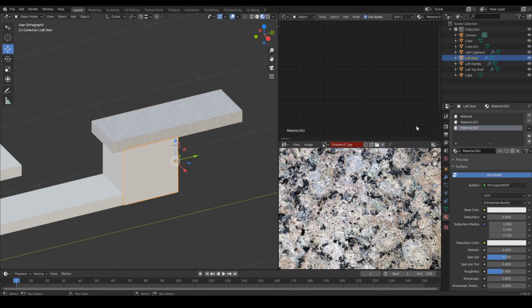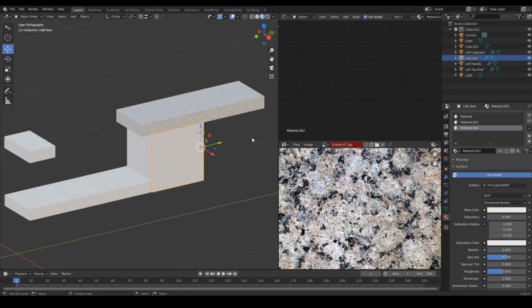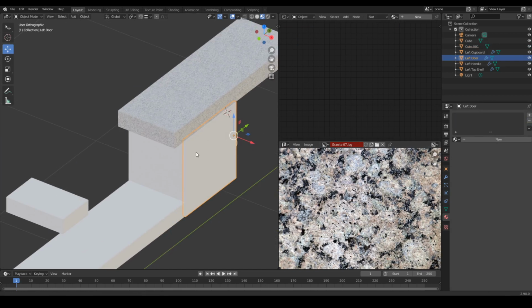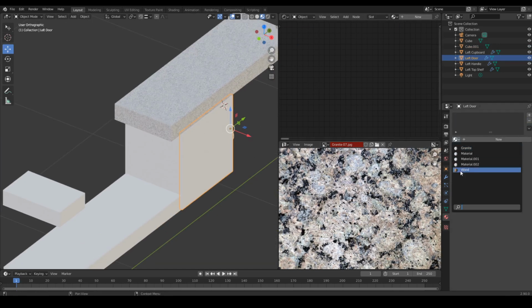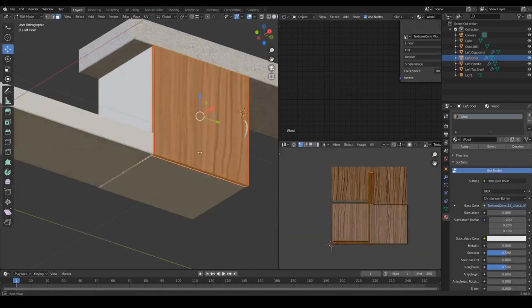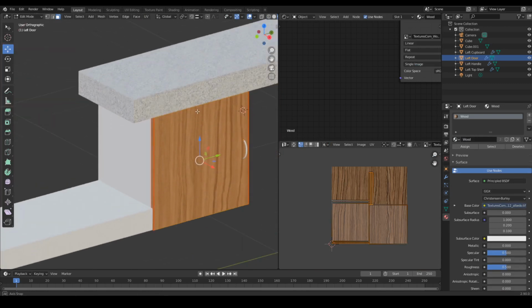So because we have those two materials in Blender now, you don't need to create a new wood material for every part of your model. All you need to do is delete all the materials that you don't want, go to wood and assign it. And you'll see that because I've made the UVs go in this direction,